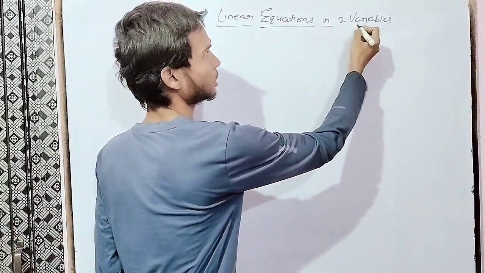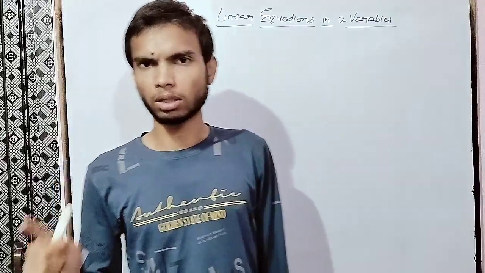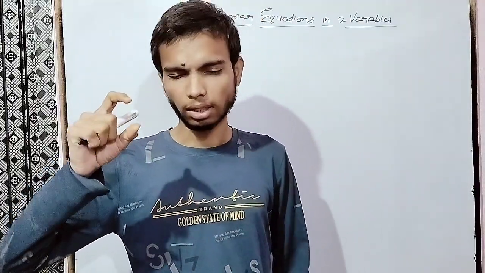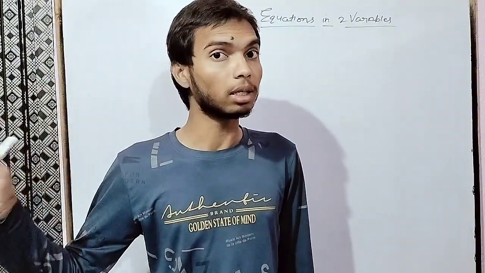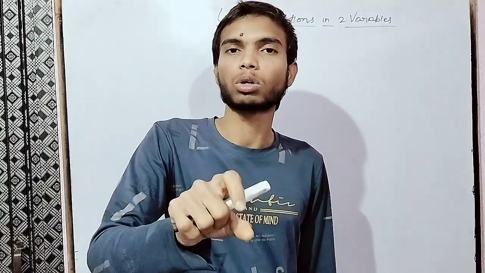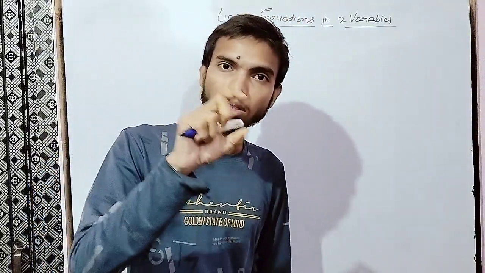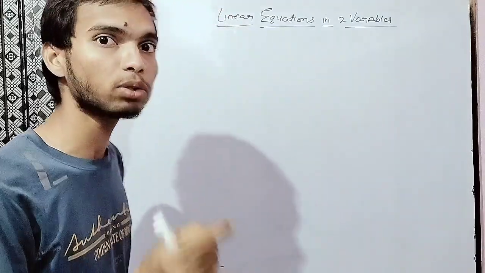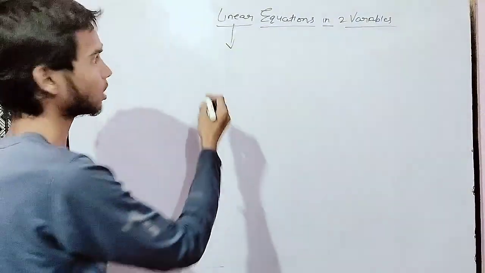Linear equations in two variables. We were understanding about types of polynomials based on degree in the previous lecture, and here we are talking about linear equation, which is a type of polynomial based on degree. When it comes to degree, you have to be clear that linear means exponent